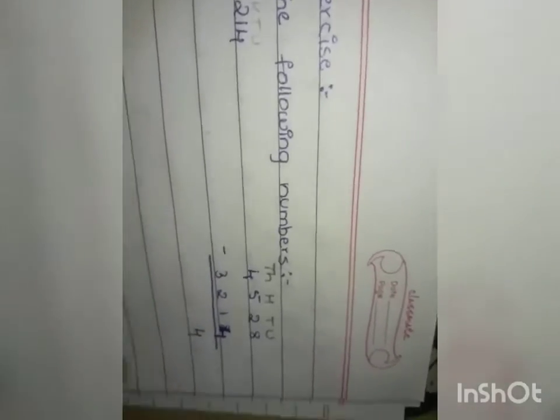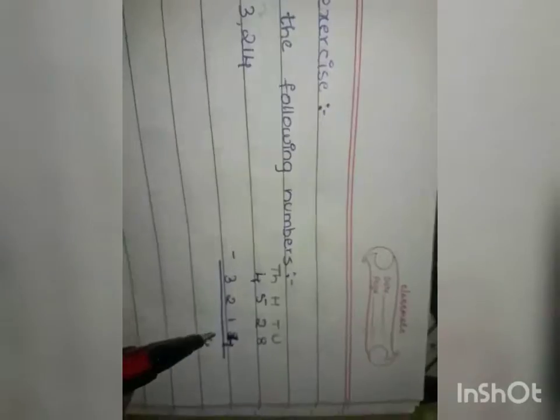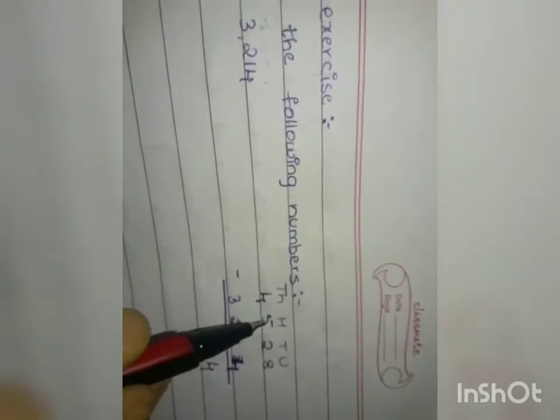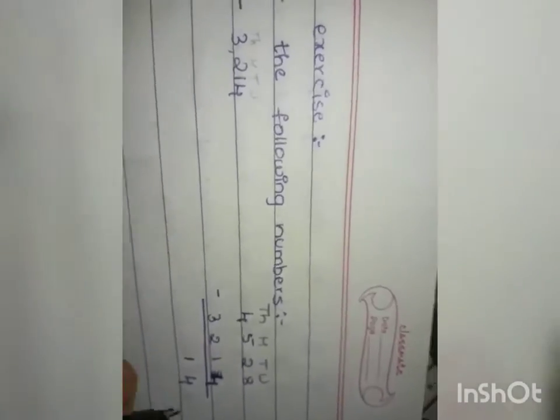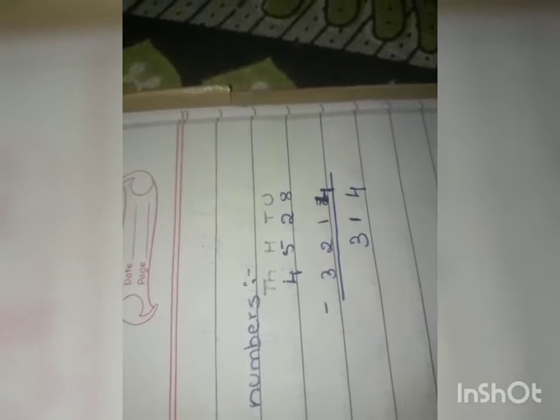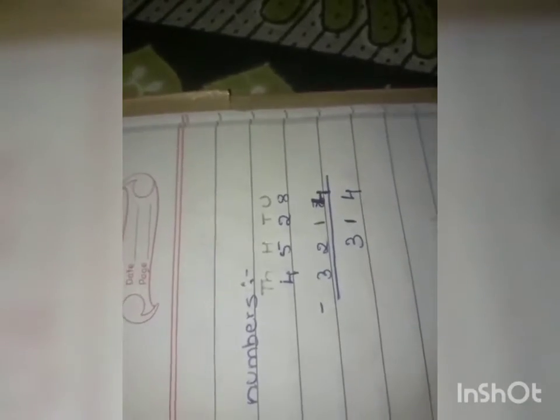Next is 2. 2 in the hand and subtract 1 from it. What remains? 1. So I'll write 1 here. Then comes 5. 5 in the hand. Remove 2 from it. Then what will remain? 3. So I'll write 3. Then we have to come to the thousands. This is similar to addition, but there we added numbers. Here we are subtracting. That is the only difference. We have to start from the units itself, like how we did in addition.